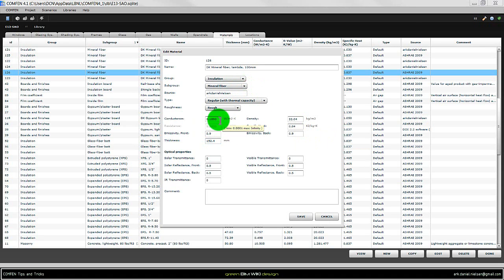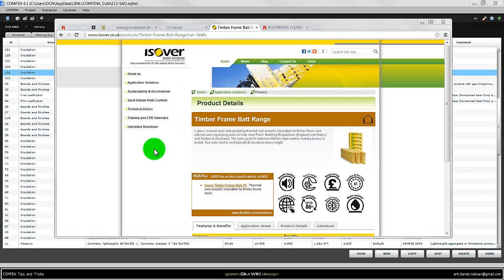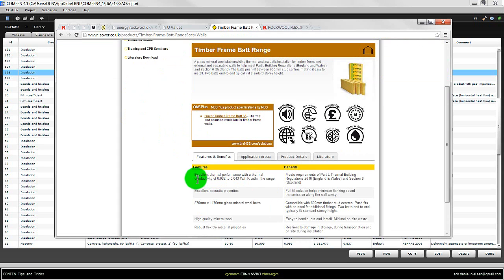To calculate the conductance I need to know the lambda value for the specific material, and if you search on the internet you can find various sites with information of that. For insulation there is a website where manufacturers list insulation. Down here they have different thermal conductivity of their insulation with different lambda values or K values from these 0.032 to 0.043. So let's take something in the middle and say